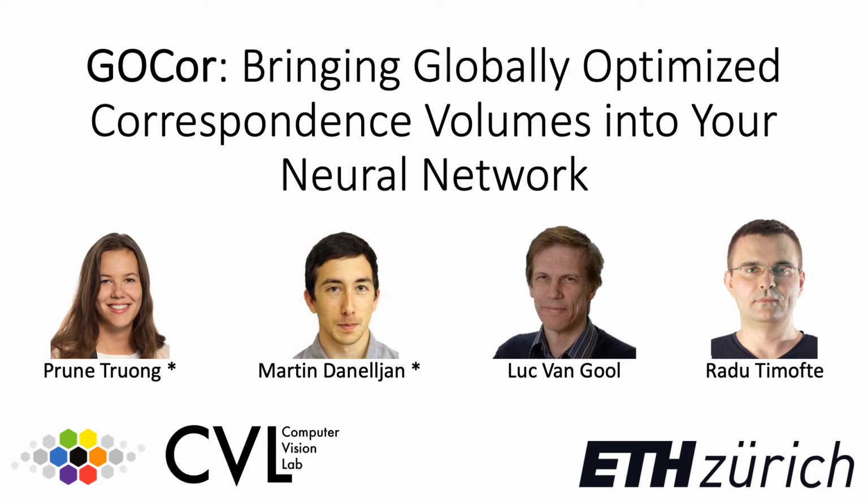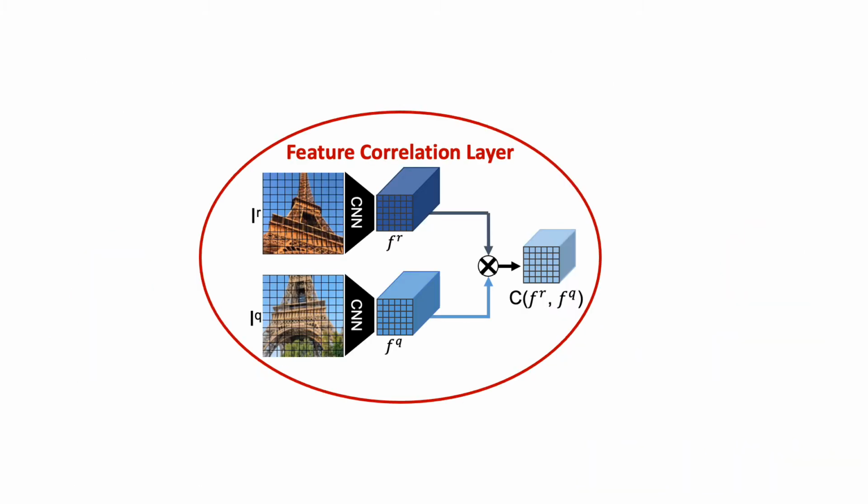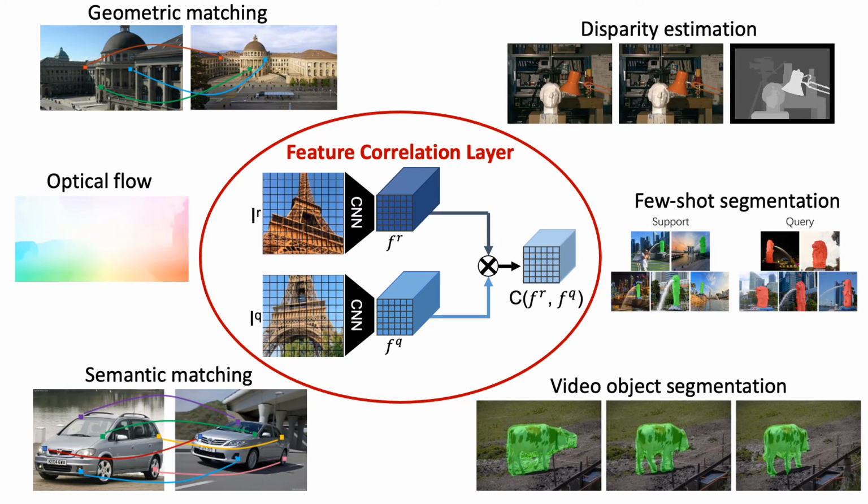This is GOCor, bringing globally optimized correspondence volumes into your neural network. In this work, we propose an alternative to the feature correlation layer, which is a fundamental CNN block in a wide range of applications. The feature correlation layer computes dense correspondence scores between an image pair in the form of